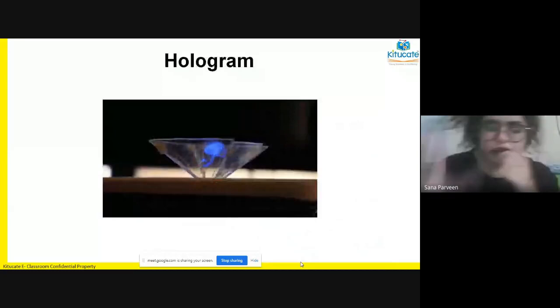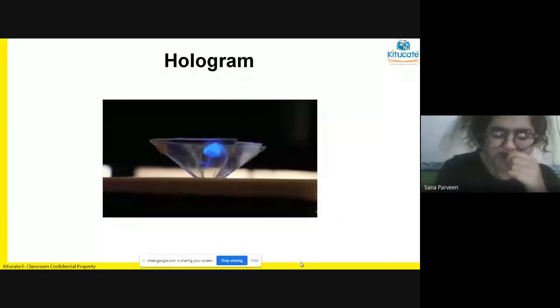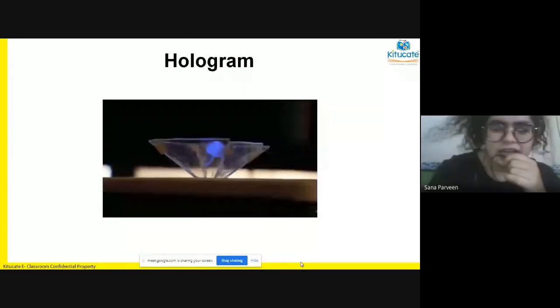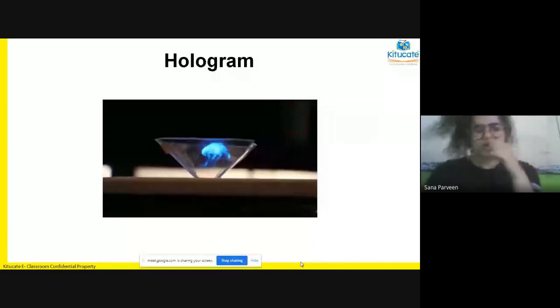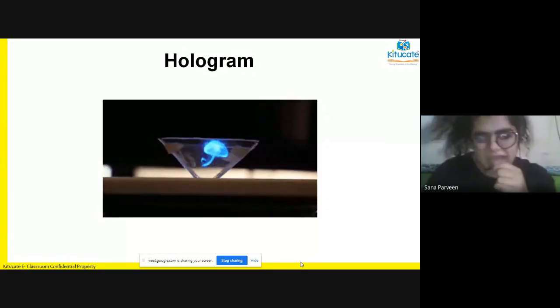You can actually view the hologram in 3D. It's a parallax phenomenon happening. We will understand what it is exactly. So you can see it as if it is 3D, but in reality it is not. Ma'am, lasers are just like light, but they travel only in a straight line and they don't scatter. Exactly. Very true.